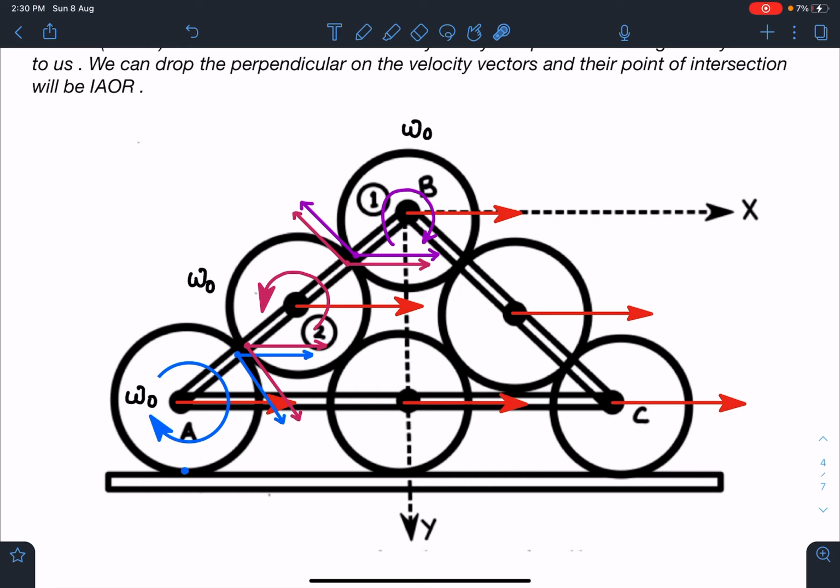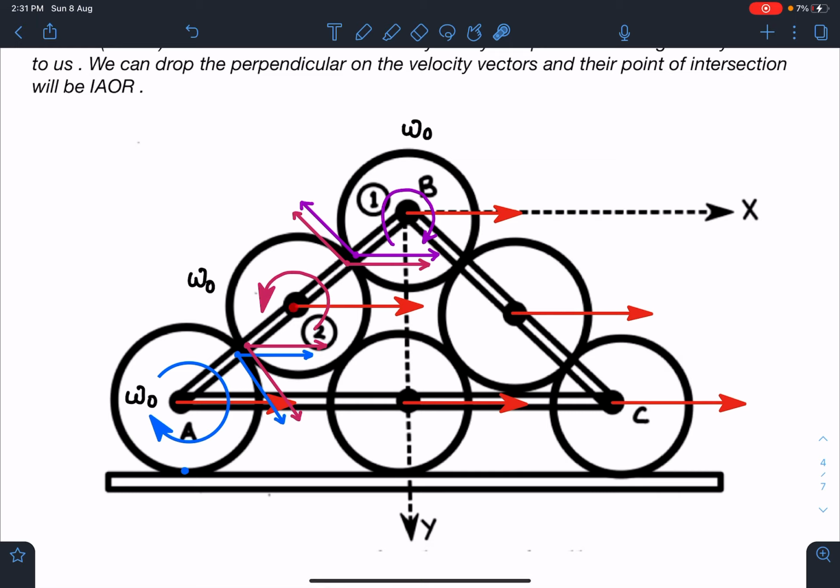Now if you see this system very carefully, it is rolling without slipping on the ground. So the very first thing we can say is the entire system is moving with v. So here you can see I have drawn the velocity vector of the center of each body which is connected to the system of rods. So if one is moving with v, then all of them will be moving with v only, right? And now here we can say on the ground, if there is no slipping here, then VCM is v naught. It must have omega naught in clockwise sense, and this omega naught value is going to be v naught by R. Now the same logic we have to check for roller 2 and roller 1 also.